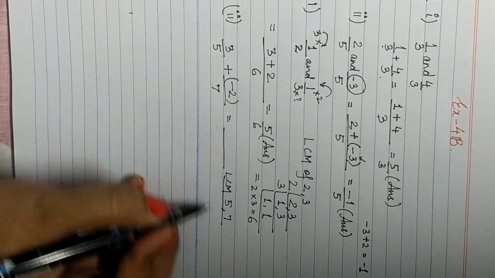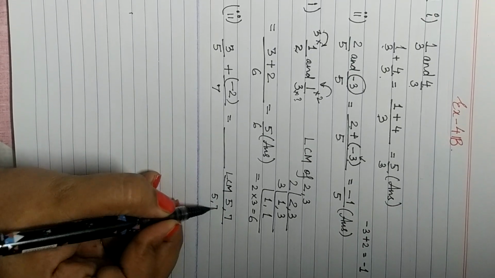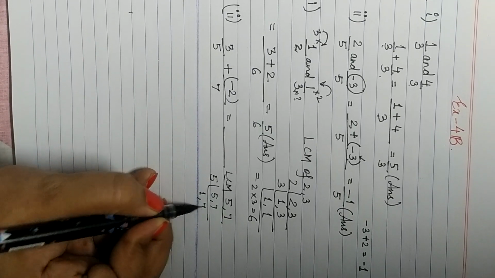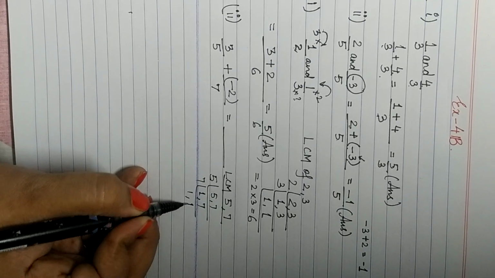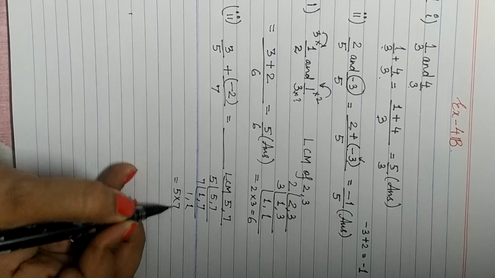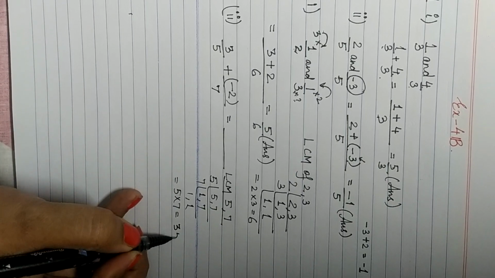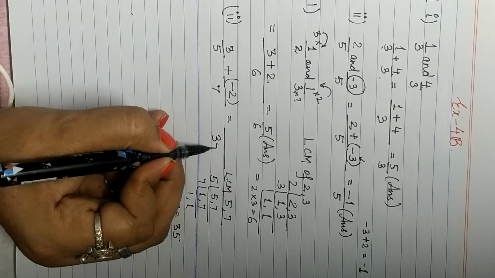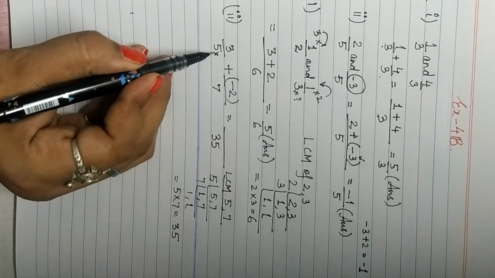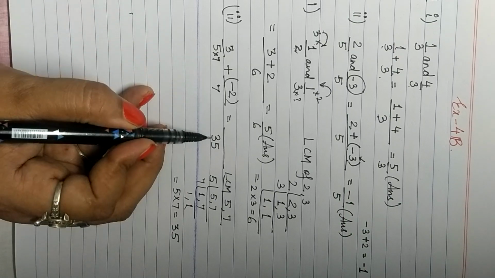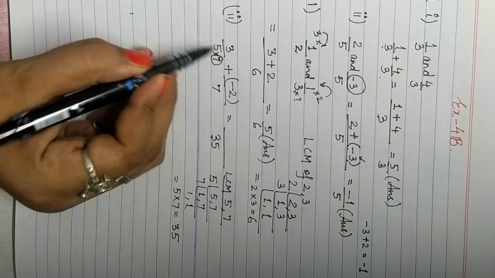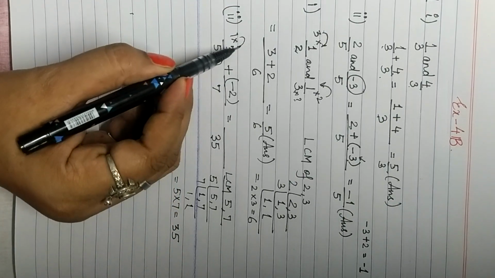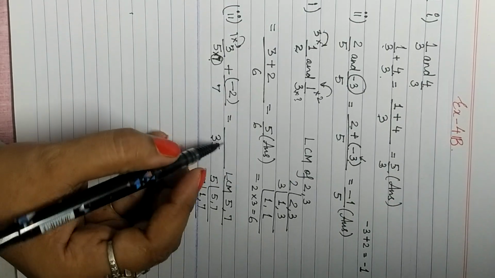If you take the LCM of 5 and 7, 5 ones are 5, 7 ones are 7, and you got 5 into 7, that is 35. So the denominator is 35. 5 multiplied 7 times will give you 35 and this 7 will be multiplied with the numerator. 7 into 3 is 21